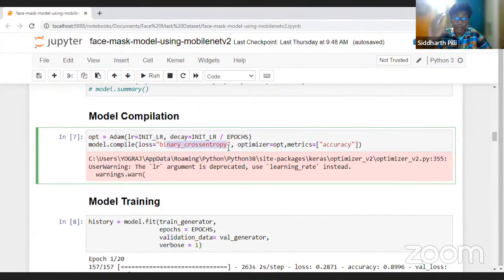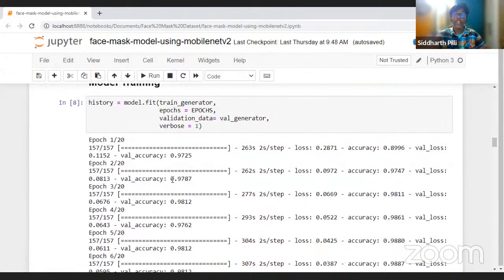But if you want to do something in future with more than 2 classes, you can use categorical cross entropy. And finally, for metrics, again to keep simple things simple, we're using accuracy. So that's basically our model compilation and training.